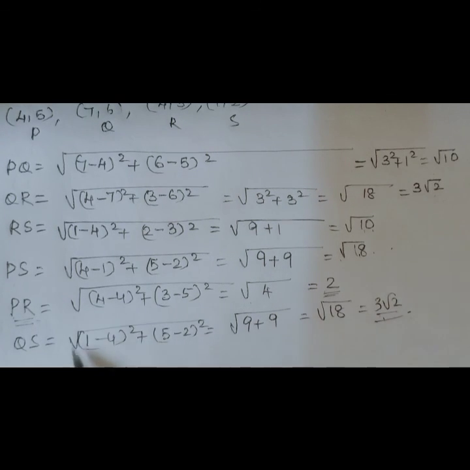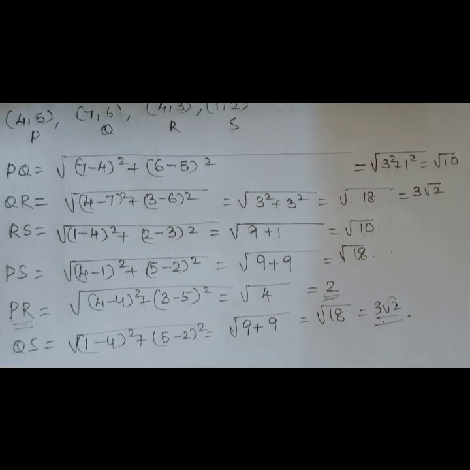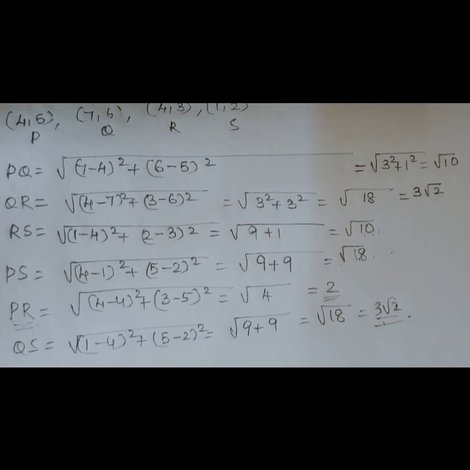So the given points form a quadrilateral and this is a parallelogram. Since opposite sides are equal, as we already found, and the diagonals are not equal, it is a parallelogram. Hence, the given points do not represent a rectangle. Hence, we can say that it is a parallelogram.